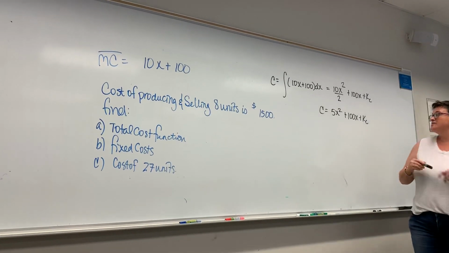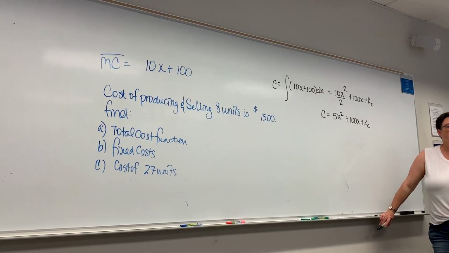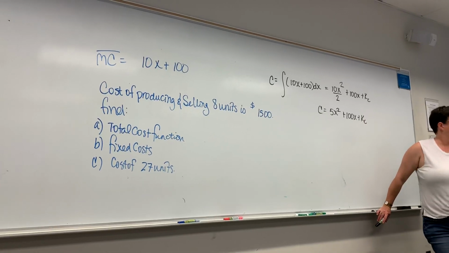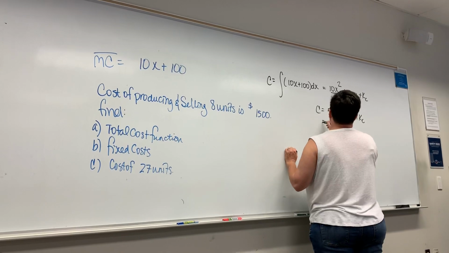So we have 3 unknowns here. How do we solve for k? What do we do? Plug in what we know. What do we know? X is 8 and C is